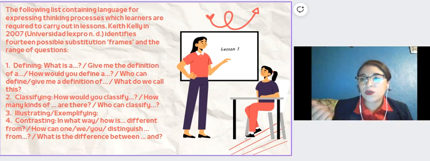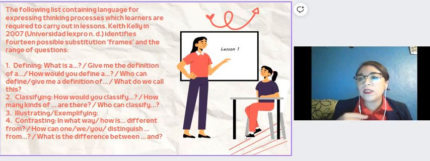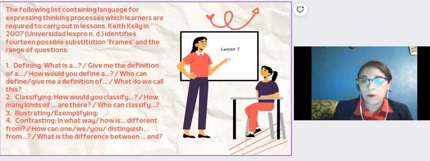Number 3, we have illustrating, exemplifying. Number 4, we have contrasting. So in what way and how is this different from, how can one distinguish this from, and what is the difference between this and